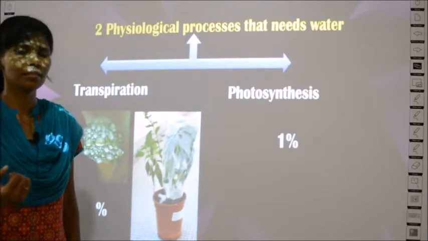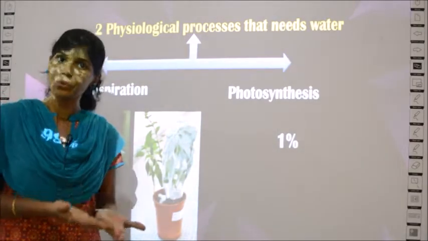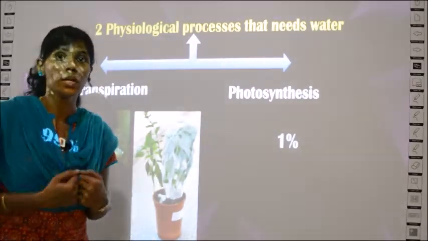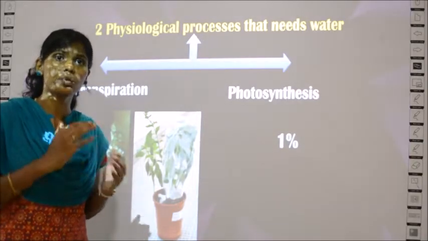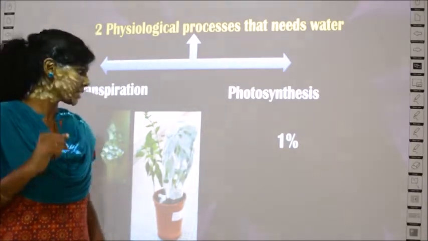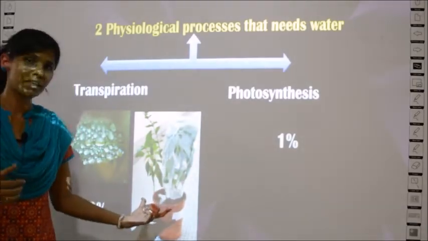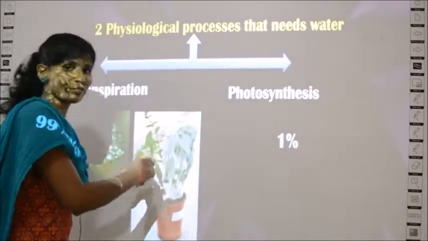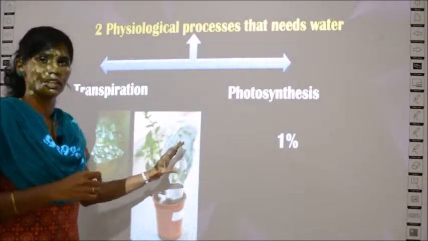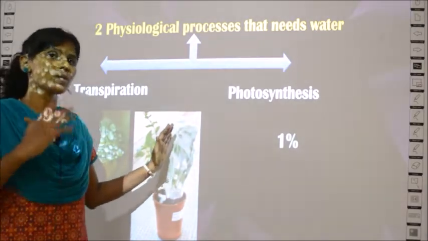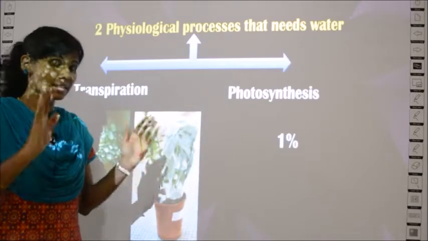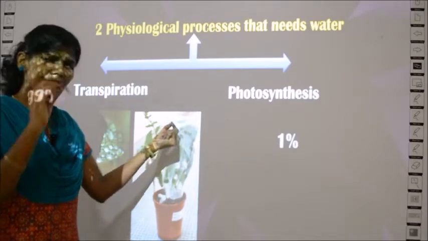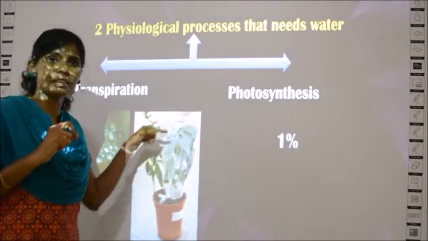So how can you check this? You may think it is some dew or mist or some other water somebody has poured, right? How can you prove that it is transpiration, the water released by the plant outside? There is an experiment. You do one thing. If you have a potted plant at your home, just take a polythene sheet or a plastic bag and tie it on some of the stem portion. Keep it as such for 5 or 6 hours, tied in a tight position. Then you can check that there are small water droplets inside the plastic cover.